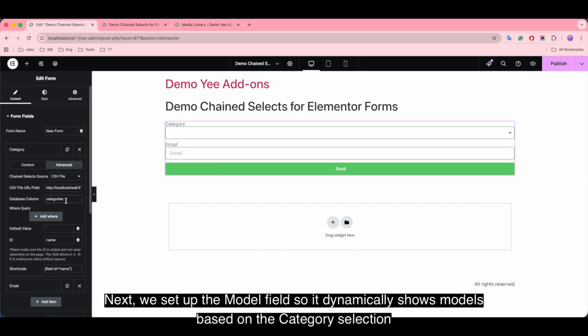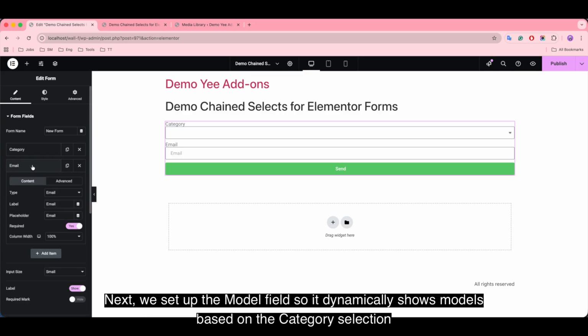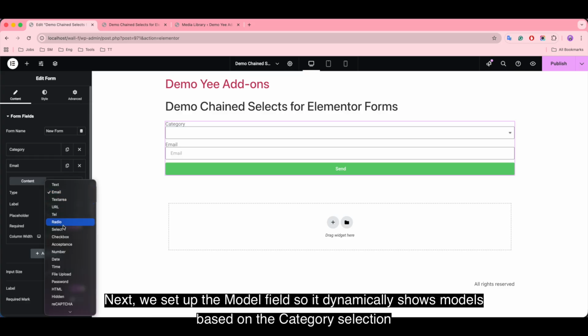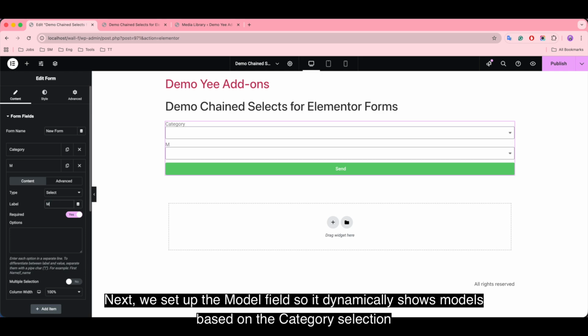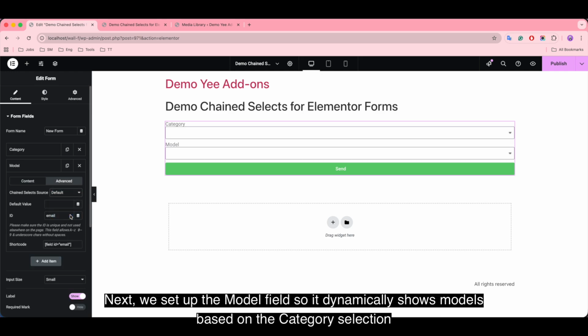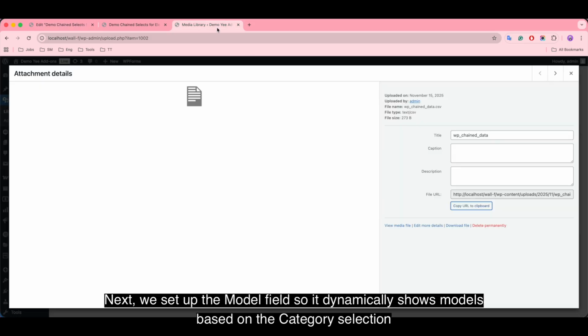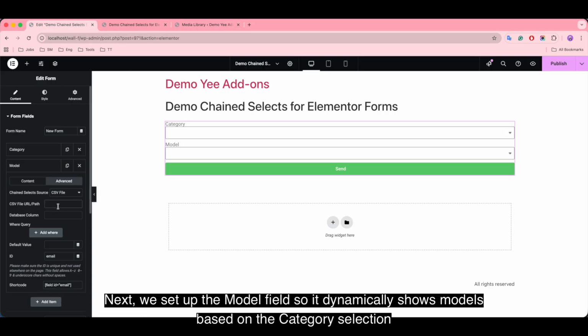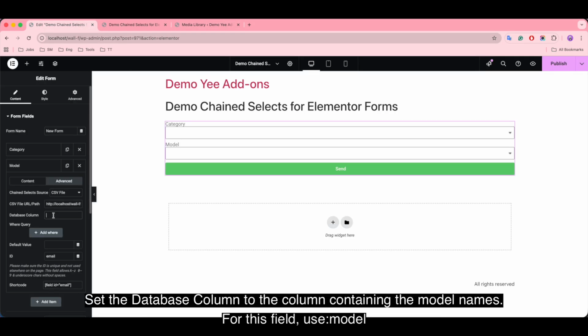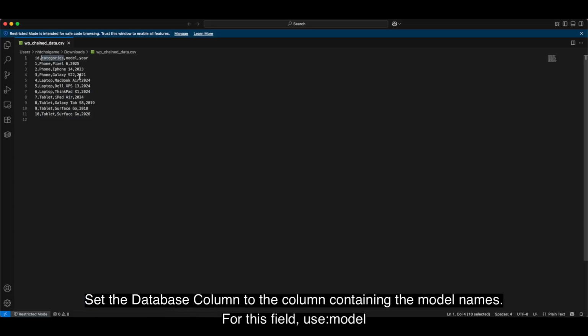Next, we set up the model field so it dynamically shows models based on the category selection. Set the database column to the column containing the model names.